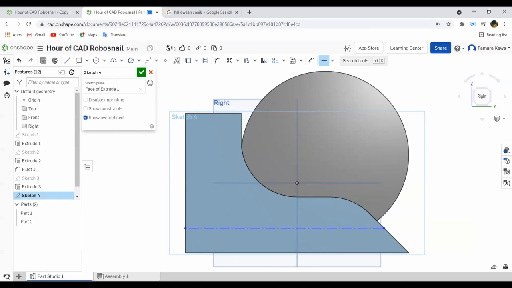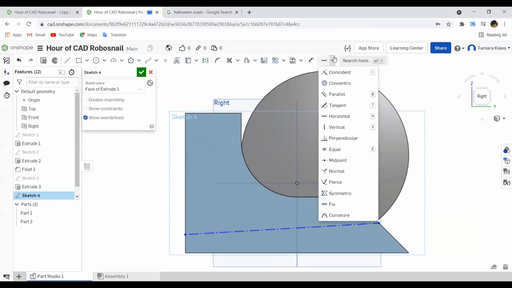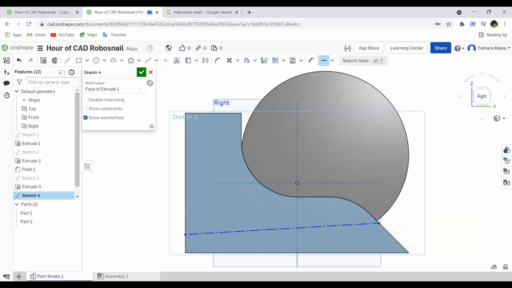To show that one more time, you click on the line. You click on construction. Go from one side to the other, whatever dimension you want. And then you go to your drop-down tree, select horizontal, and click on the line. You'll notice that now that we have this line, we need to dimension it. So we're going to dimension it to be,